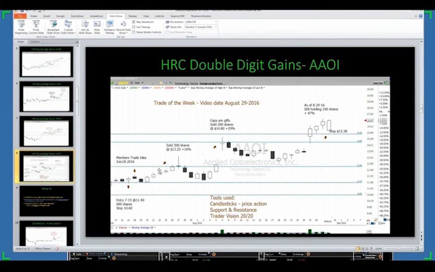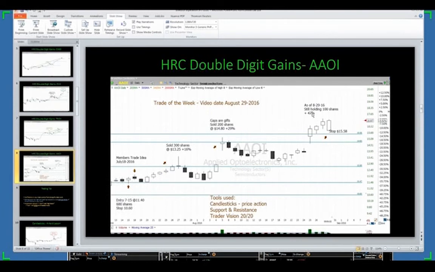Well, this is our new support line right there. Support. See how we had a battle? See how it battled? It battled. That's a battle and broke through. Support. Price pulled back. We're still owning 100 shares. Not worried about it. Boom. Up it goes. There you are there. On 8/29,